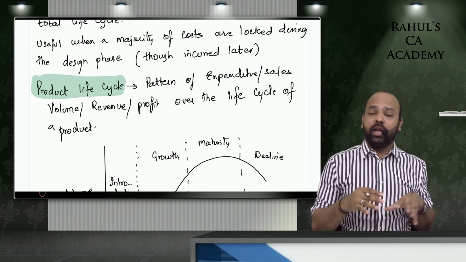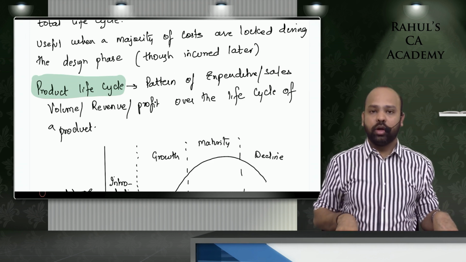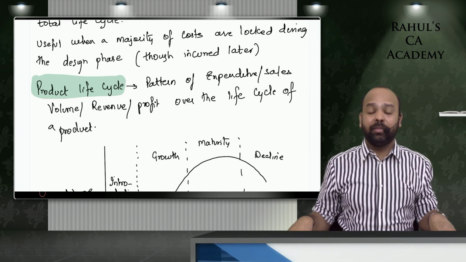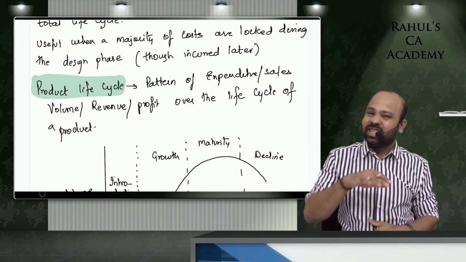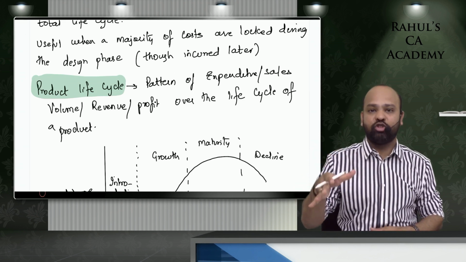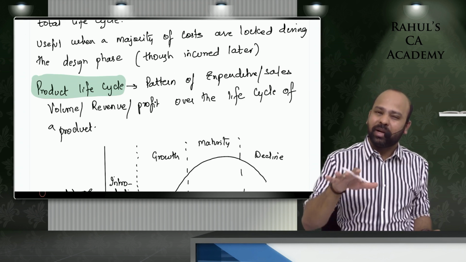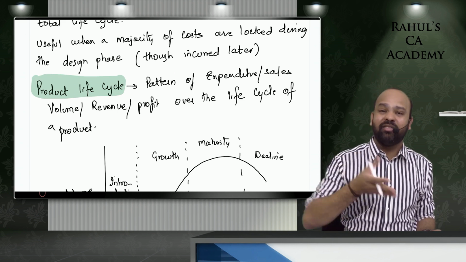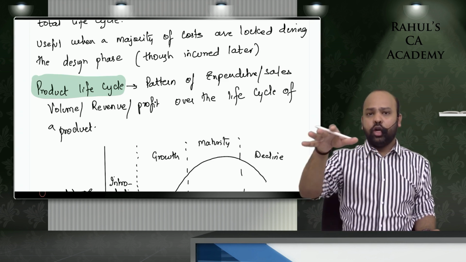Undoubtedly, in the introduction phase when the volumes are very low, your cost per unit might be more. Later, gradually, as the labor becomes more used to the product because of the learning curve impact, you will see that the wage cost, labor cost per unit is gradually reducing. Because of bulk manufacturing, you'll see economies of scale and the material cost per unit reducing, and material wastage will come down. The cost per unit will slightly stabilize during your maturity phase.